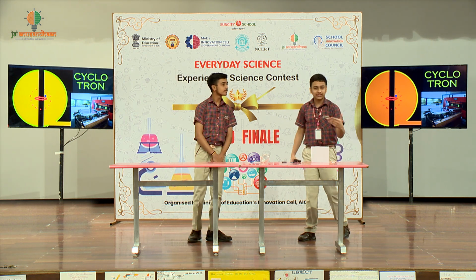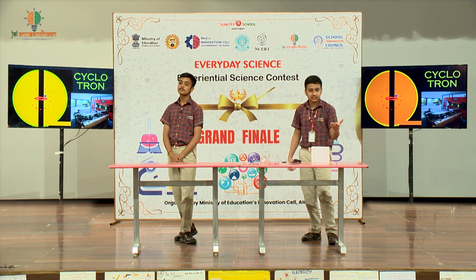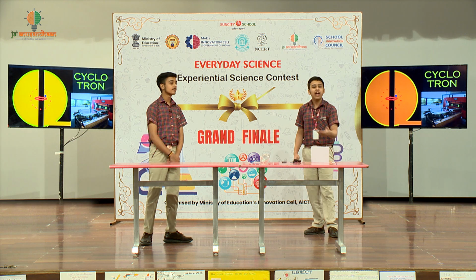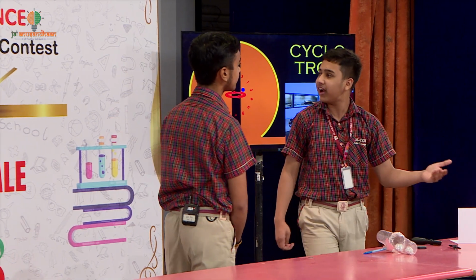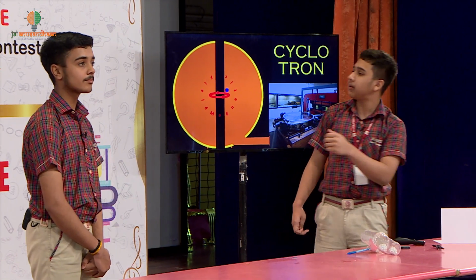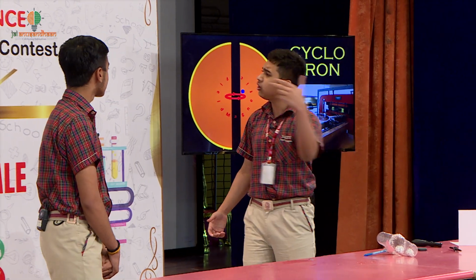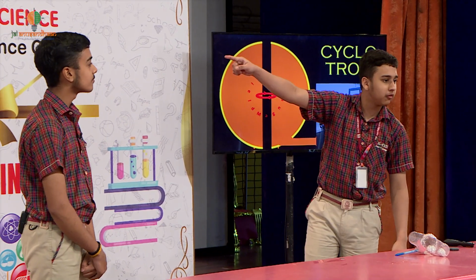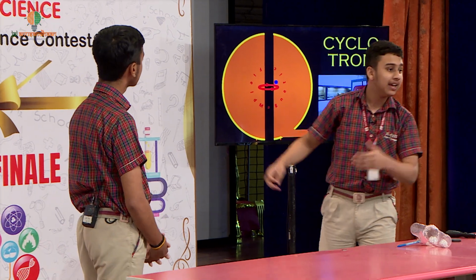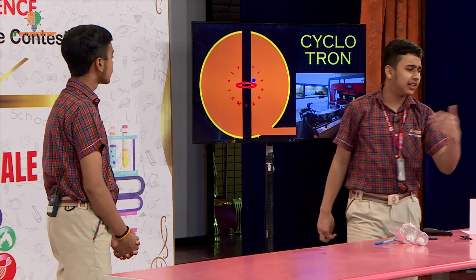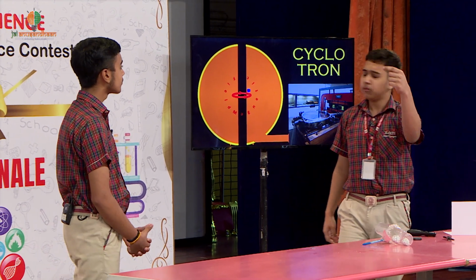A cyclotron is a device, only two of which exist in India. One is in Punjab University and the other in the revered IIT Bombay. When you consider this apparatus, there is a magnetic field directed into the plane. In the hollow space between the two hemispheres, there is an electric field. So let's see, I leave an electron inside, poor guy.